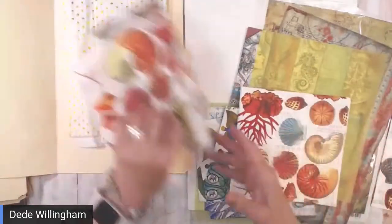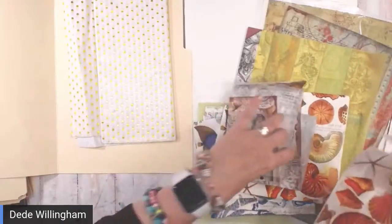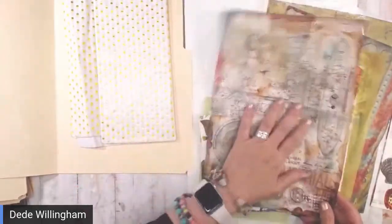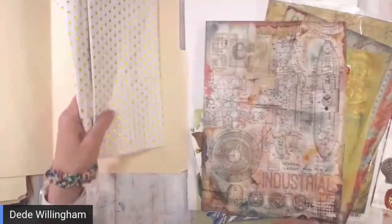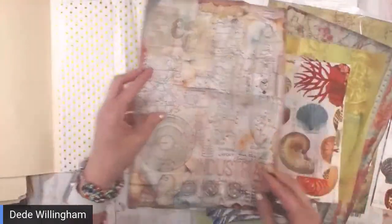So I have those napkins, again, more of the same. This one's just been partially used. Here's another piece of another one of the papers from Zandra, the industrial C1. Here's some tissue paper that I had that could go along with it. So all these are